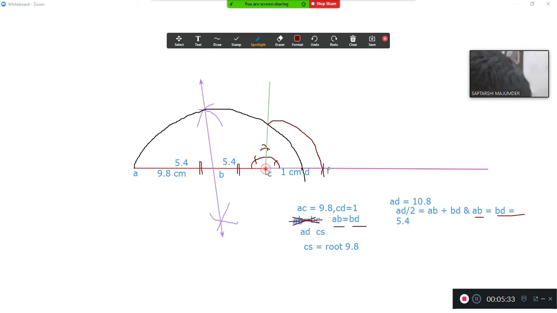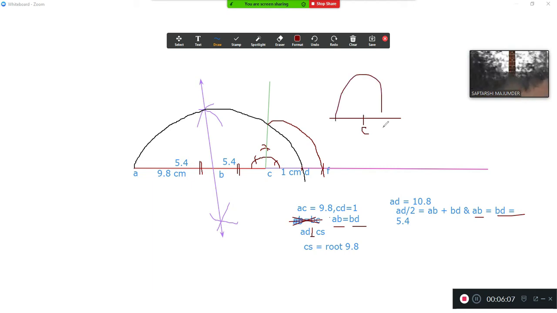So now at point C, I need to construct a line perpendicular to this whole line. So I hope you also know the process. First, a line must be taken. For this case, AF or AD or anything you want, AD and CS, AD perpendicular to CS. If we want to make, then we need to take a point. Here it is C. I am zooming. Okay. So now take a length. Any length you can take.